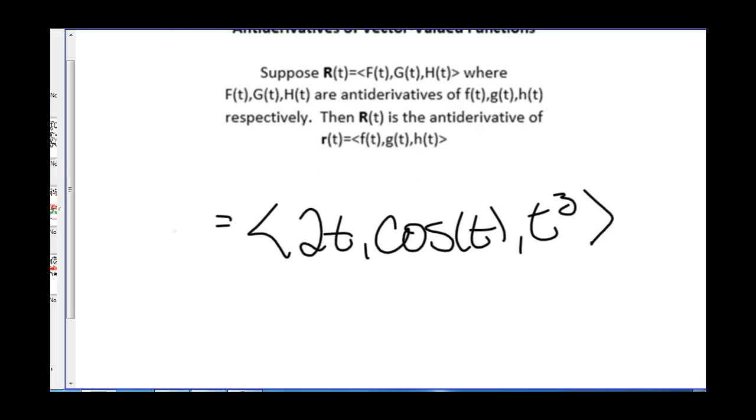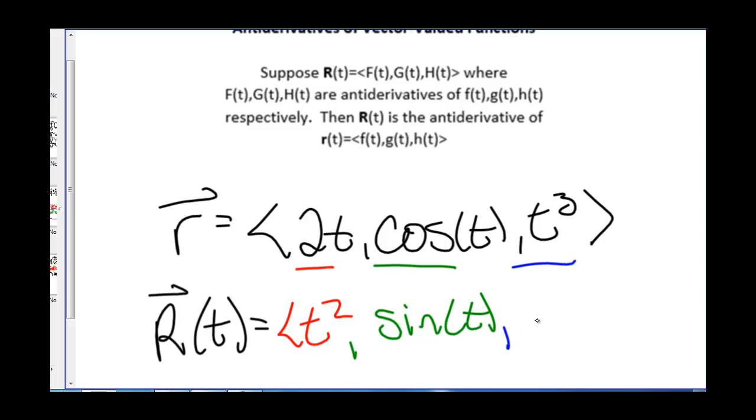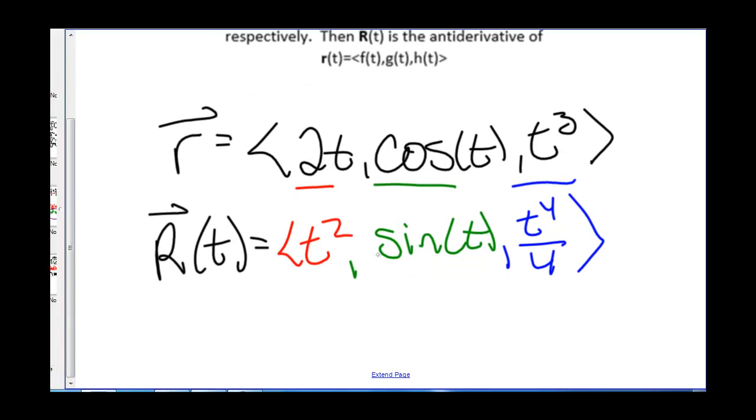Suppose lowercase r equals 2t, cosine of t, t cubed. So to find the antiderivative, capital R of t, we take the antiderivative of each piece, so we get t squared, sine of t, t to the fourth over 4. And we can check this by taking the derivative of capital R of t, and we should get back